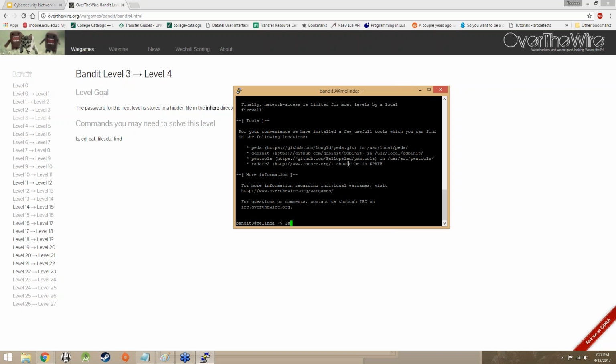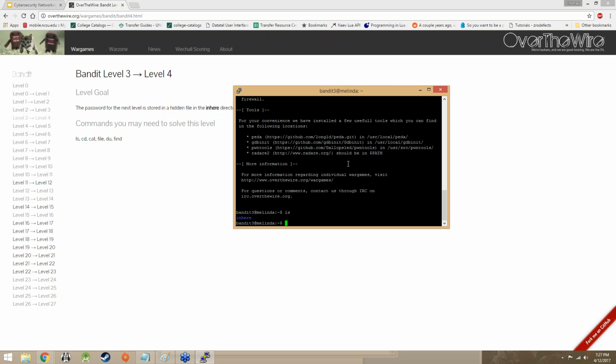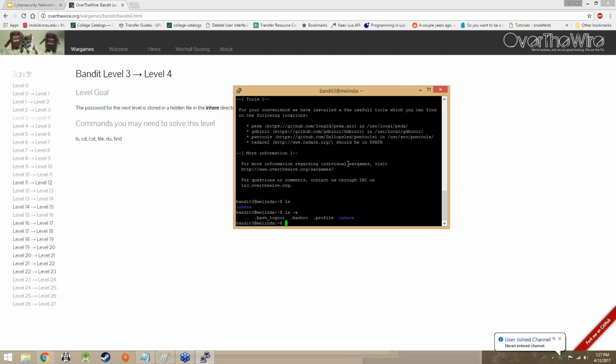So, ls. We're given a single blue result called in here. The reason why it's blue is because it is a directory. So now we have two different things we can do. We can ls -a, see everything that's here. We got a whole bunch of other stuff that's not really useful, like